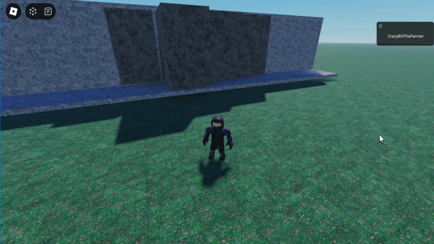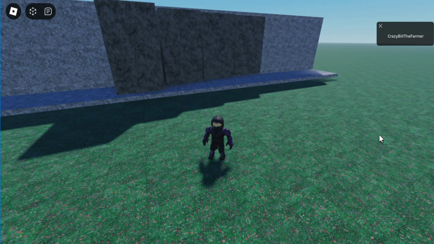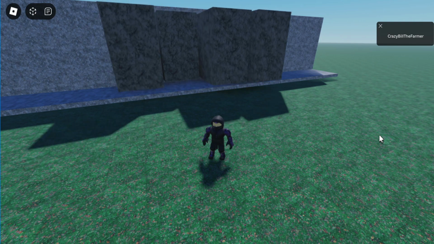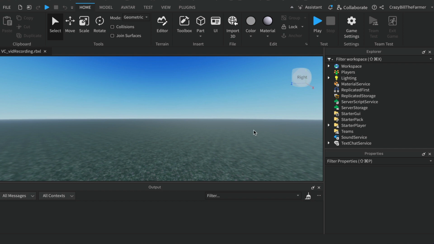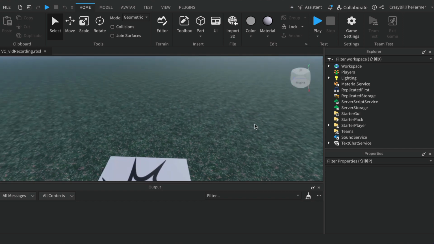If you'd like to learn how to make sliding walls that can push your player around in your obby, keep watching and I'll show you exactly how to do it. Welcome to Roblox Snippets. Alright, we're going to make the sliding wall example that I showed you at the beginning,